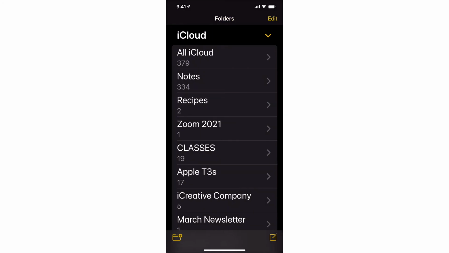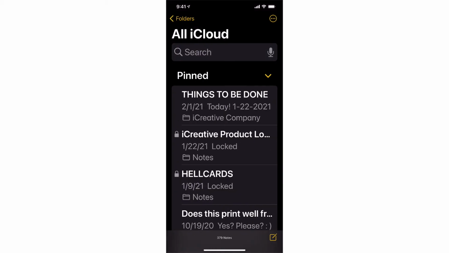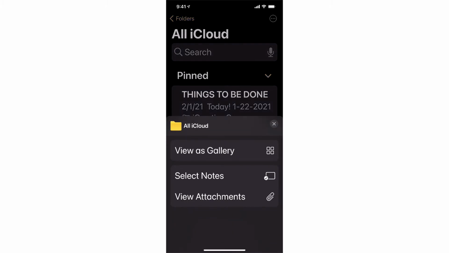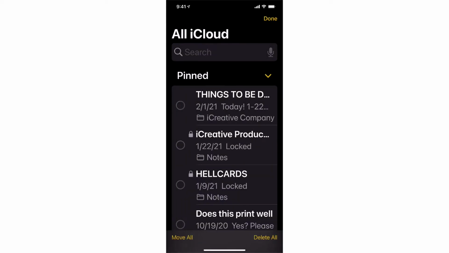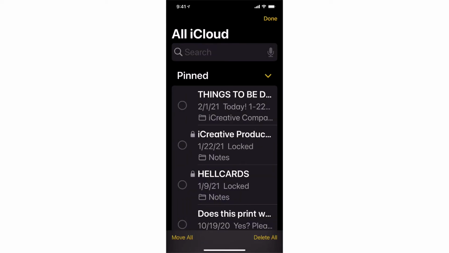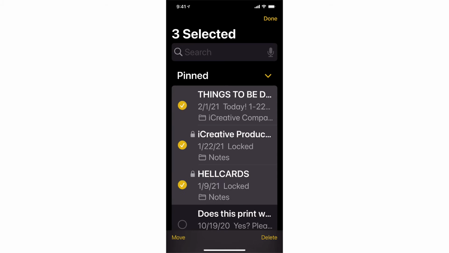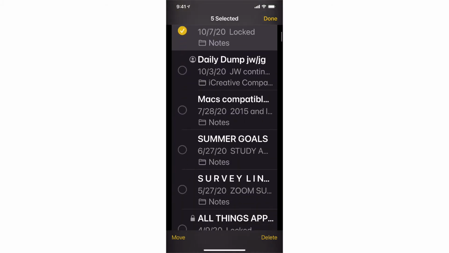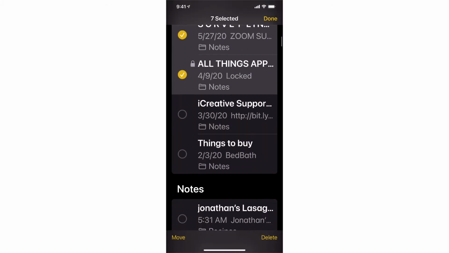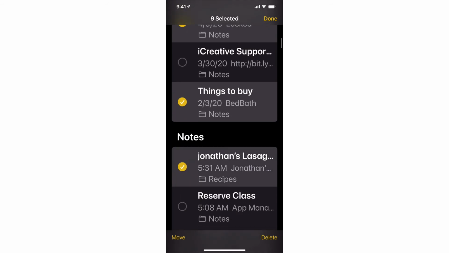Going back a level, if I go into all of my list of many, many notes, maybe I wanted to move 10 or 15 notes at a time into Recipes, just so that I can kind of get organized. So I'm going to tap on all iCloud, and this time I'm going to click on the ellipsis again. But instead of having a move option, I simply have a select notes option. That's what I'm going to tap on, and then I get these little bubbles that I can use to select all of the notes that I would like to put in to a certain